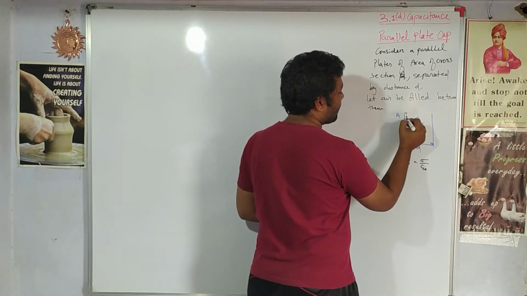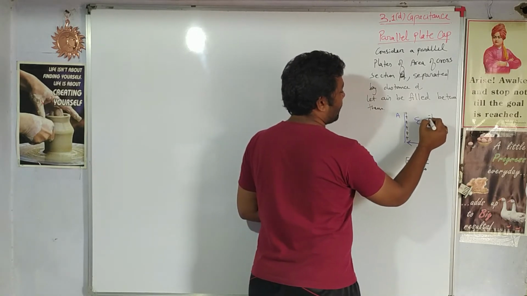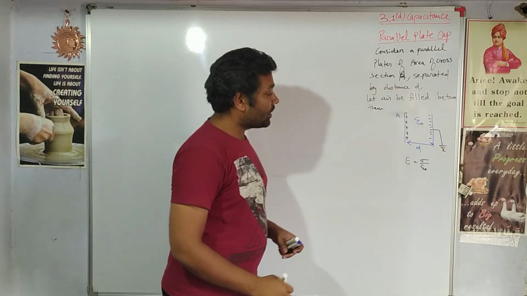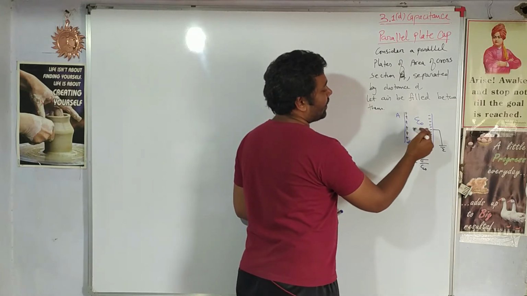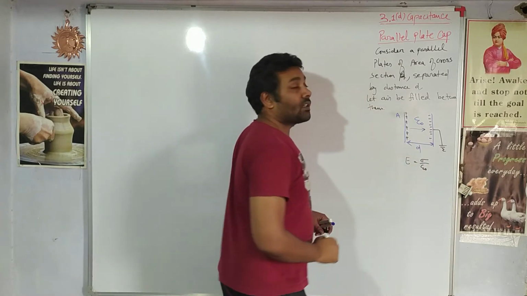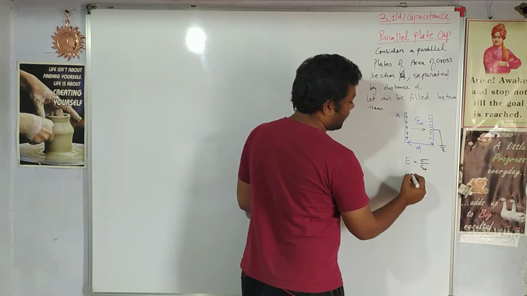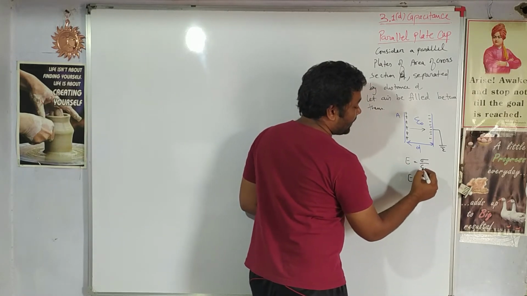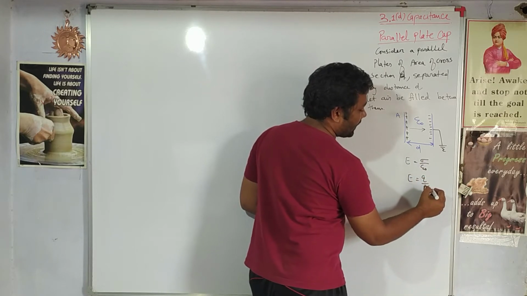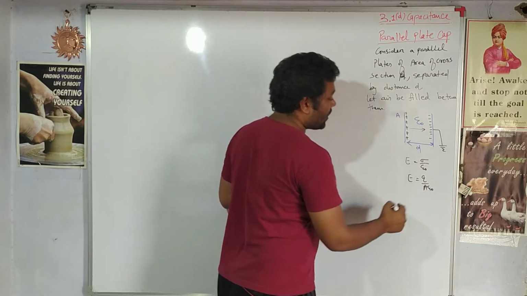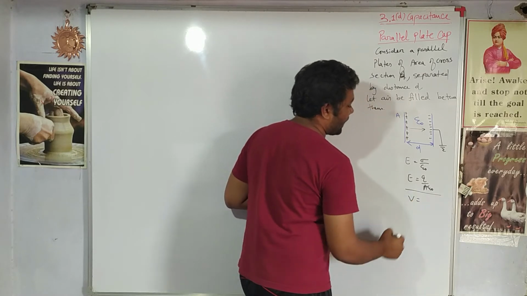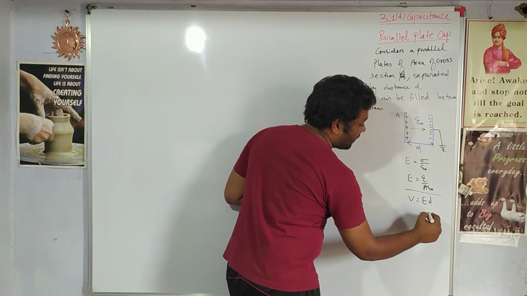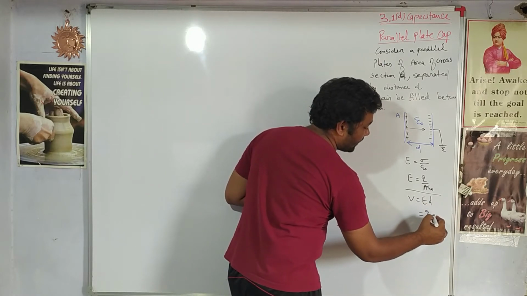If one of the plates is given positive charge, automatically the negative charge appears on the other plate from the other side, right? So the electric field is given by sigma by epsilon naught. Now if we evaluate this equation further, sigma is charge per unit area, right? What will be the potential between them? So potential is given by electric field into the distance between them. So it will be Q by A epsilon naught into D.